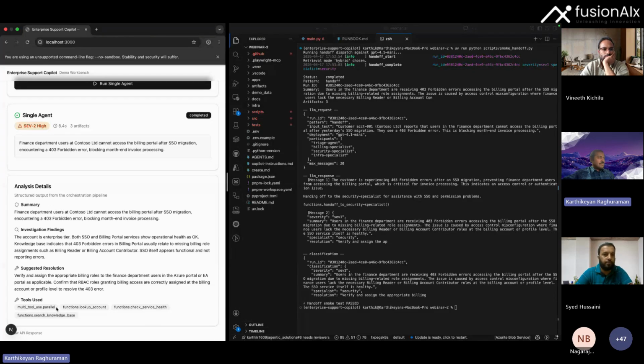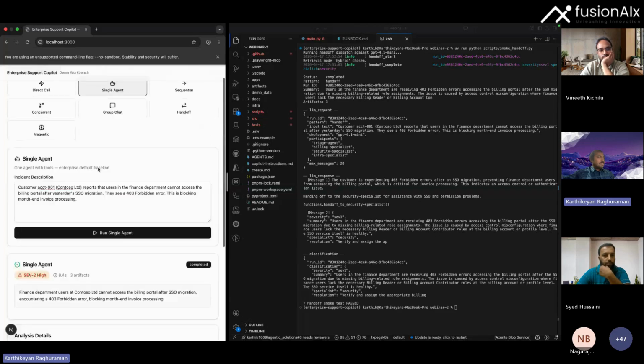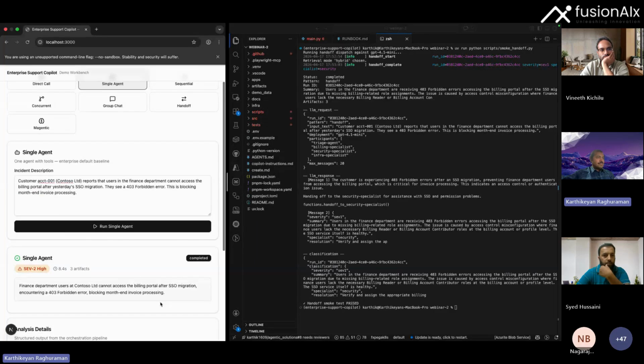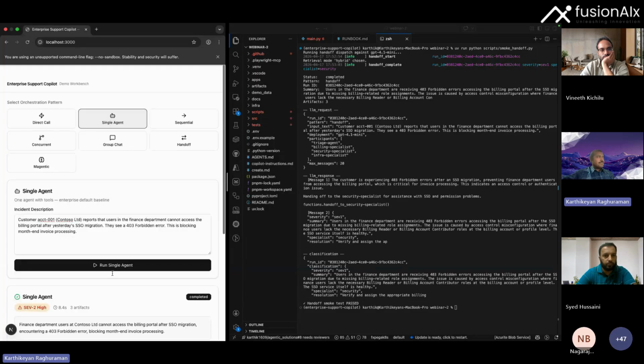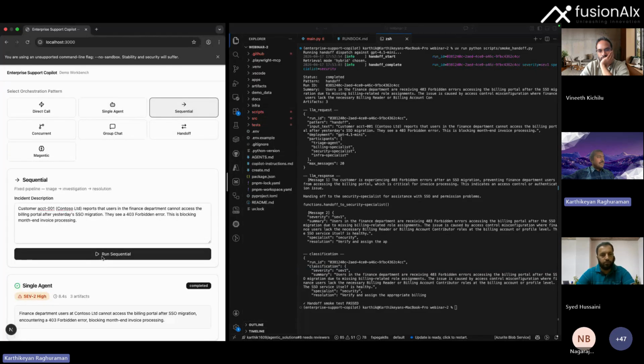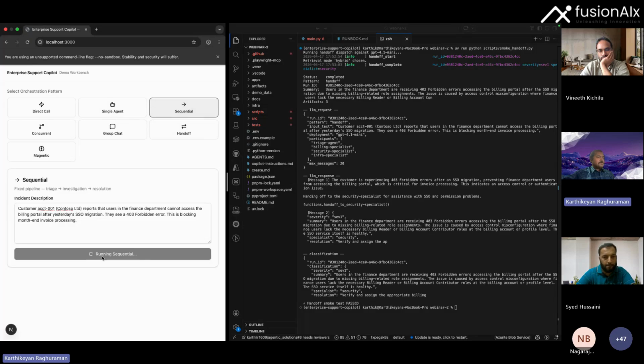So it looks up the account, checks services, a bunch of tool calls are done, but it is also a single agent, and it gives you a slightly better understanding of what might be going on and enriches the response a little bit further. Go by it in the sequential route. Sequential takes long. It makes the case for why concurrent works well.